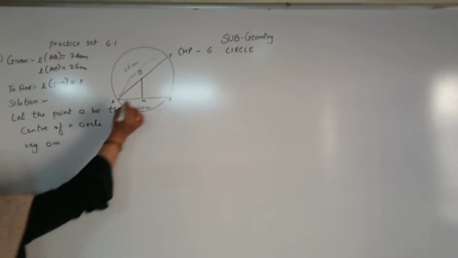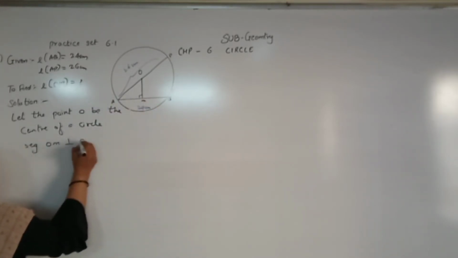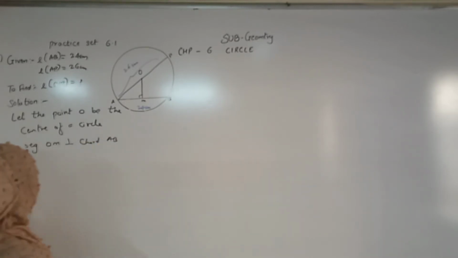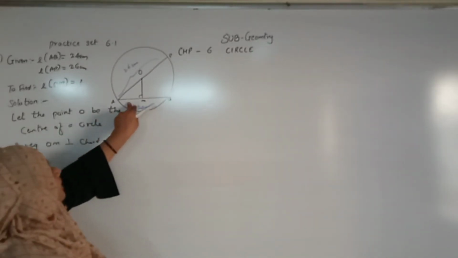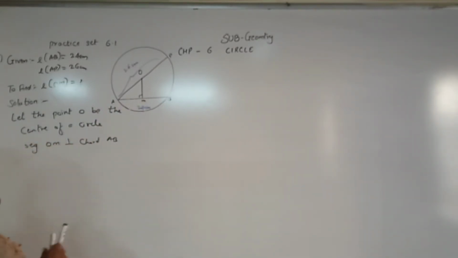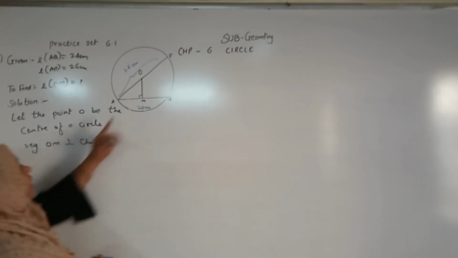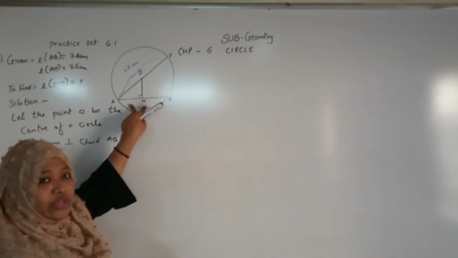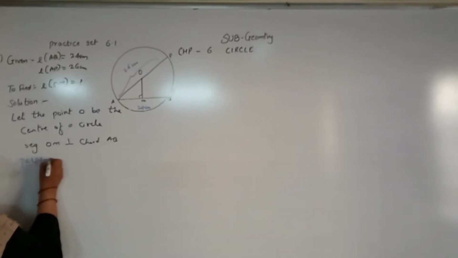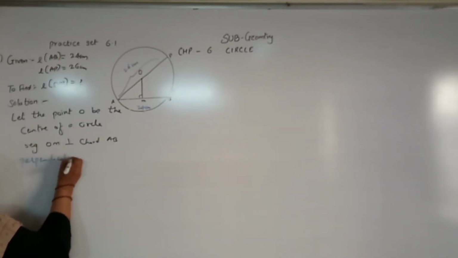OM is the bisector to the chord AB. Now, first of all, we are going to find AM. That is very easy, right? For AM, we will write the theorem. Again, we have the same thing as the first question, so we will write the theorem here. Compulsorily, you have to write the theorem.